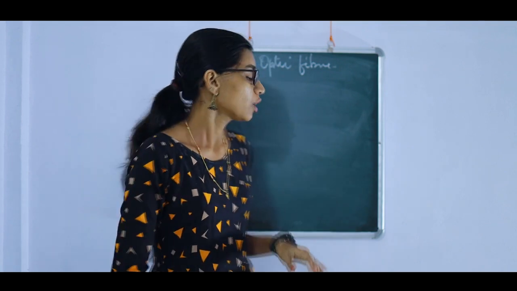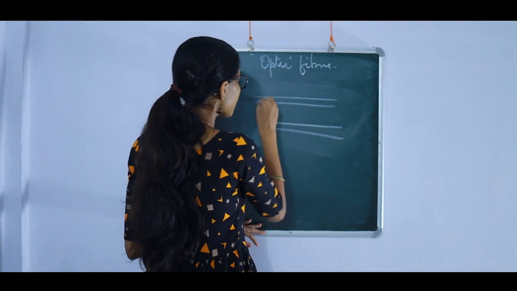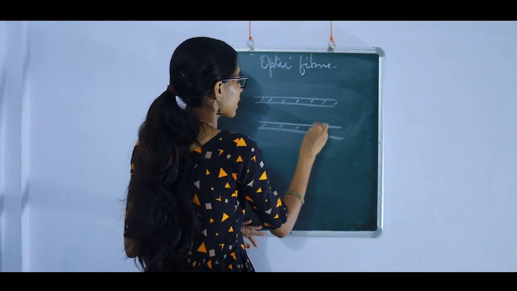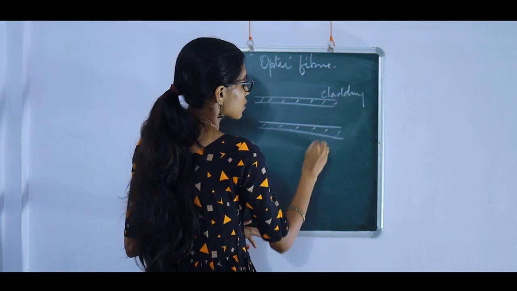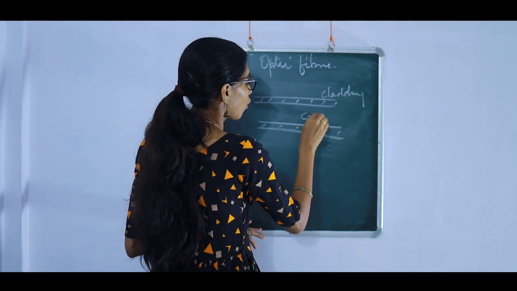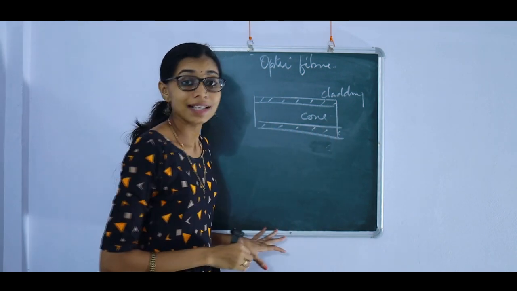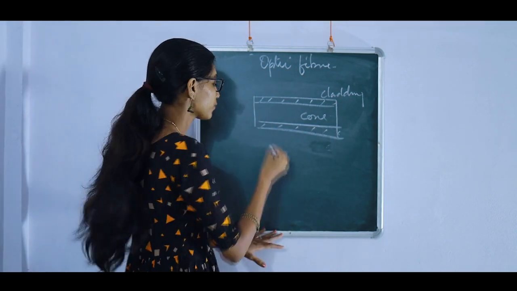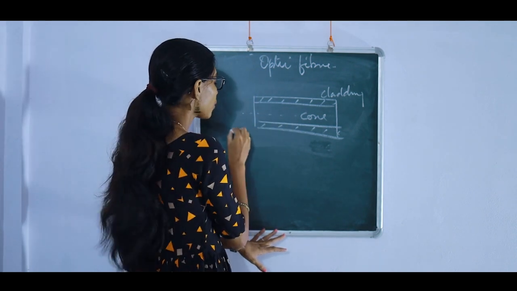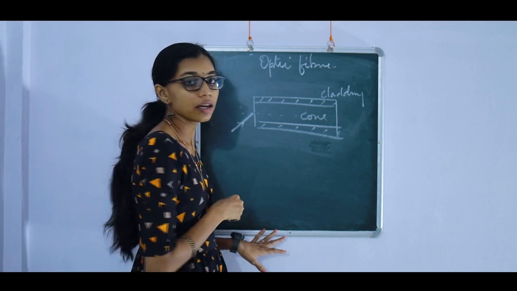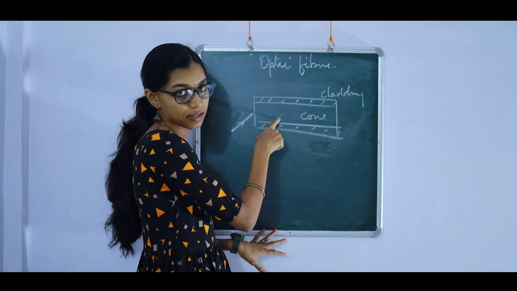and a core. So it looks like this. You will have a thick portion like this, and that is called cladding, and this is called core, and this is also cladding. We'll take a small section of the optic fiber. Now I draw a normal to this face. You have an incident ray coming and falling. This is a rarer medium, this is a denser medium.